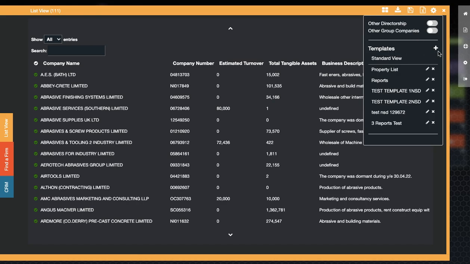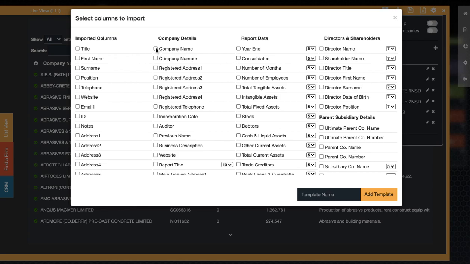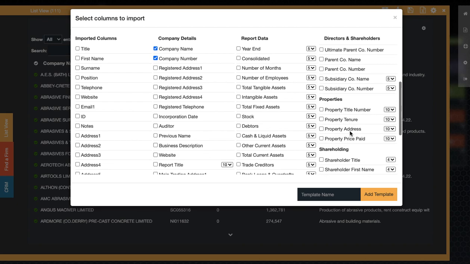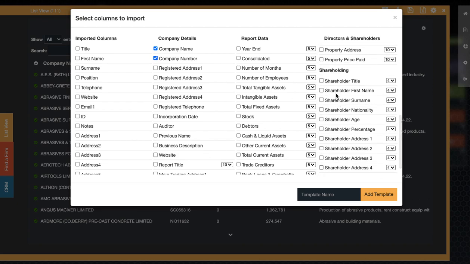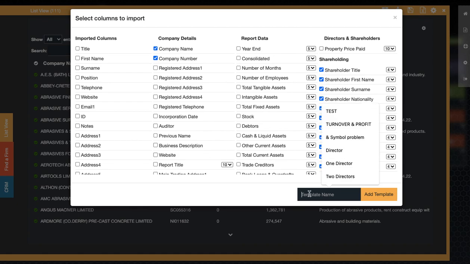So I would create a new template, and let's have the company name, company number, and then let's take the shareholding information for up to 4 shareholders. You can see it's done in such a way that you would be able to do a mail merge, because each of these selections I'm making now are going to appear in a separate column, and we'll just call this